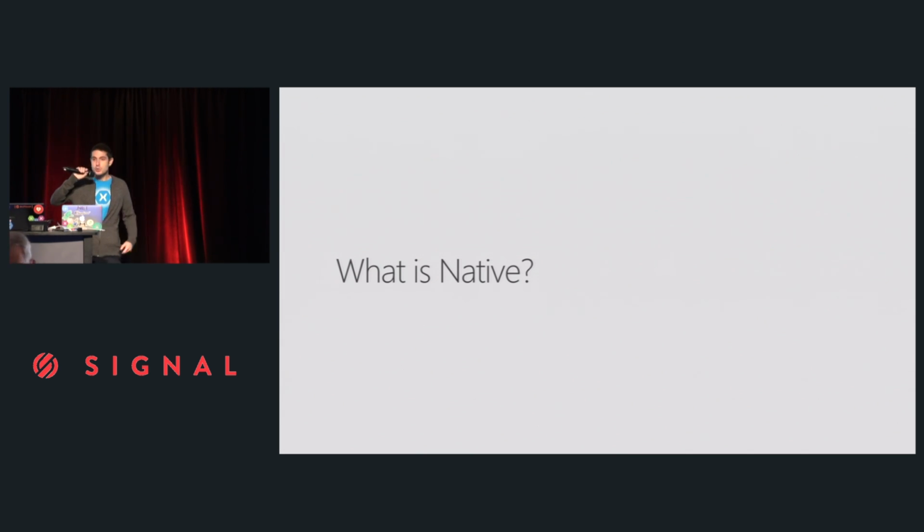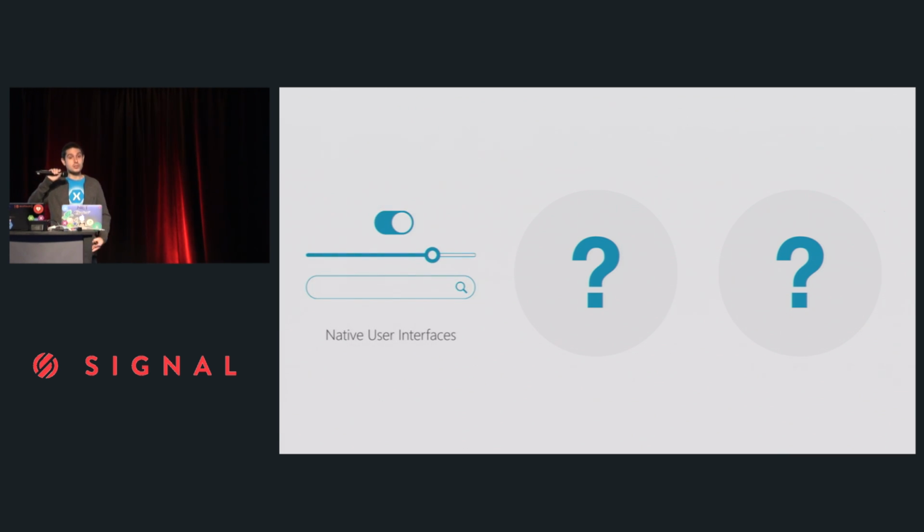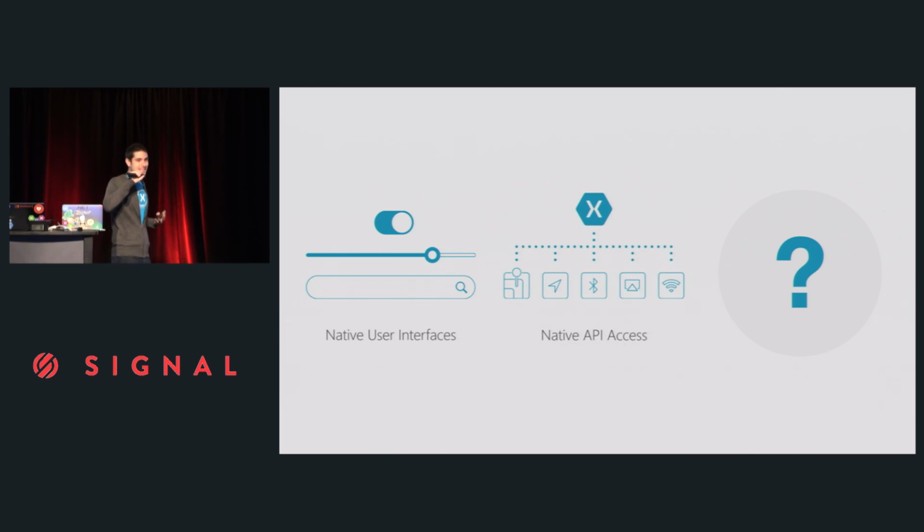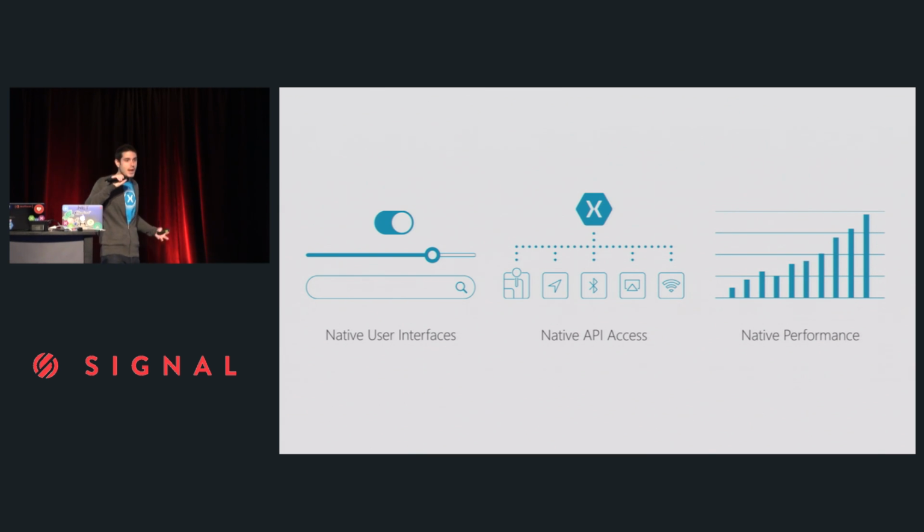What does that mean? So when you're building applications, you want to make sure you're giving a great native experience and integrating great native platform features. So of course we want our user interfaces to look and act like they should on the different platforms. If you're an iOS user or Android user, they should look and feel like an Android or iOS application. Of course, you want access to every single API inside the SDK. So if you want to add some really cool functionality like iBeacon or Maps or AirPlay or something like that, you should have access to it. And as developers, we want access to everything. And of course, your apps just have to be super fast and they have to perform really well. You want a great native experience.